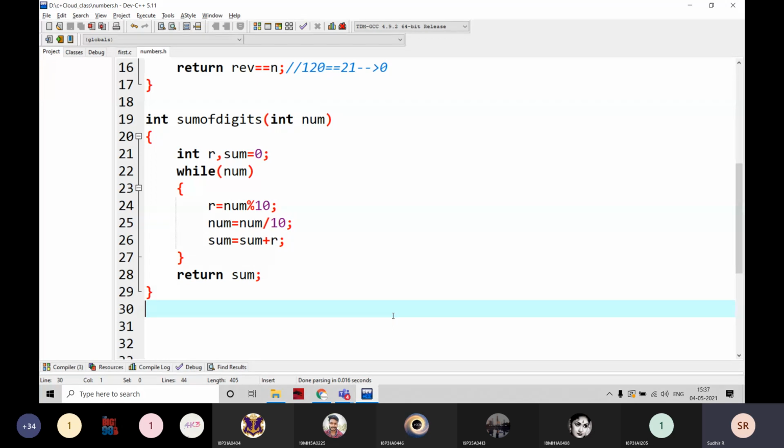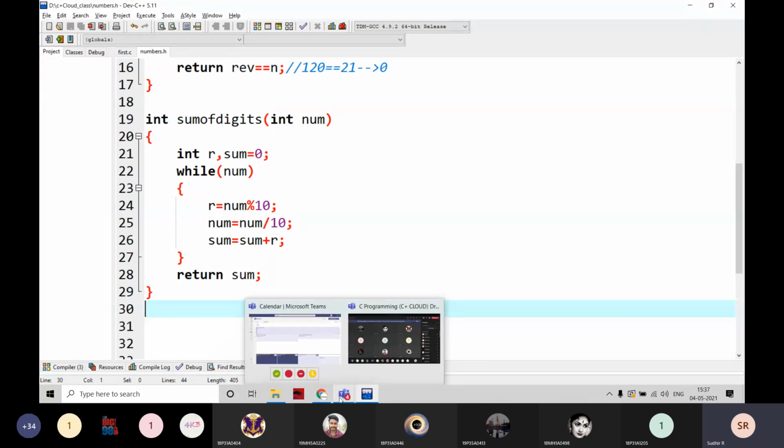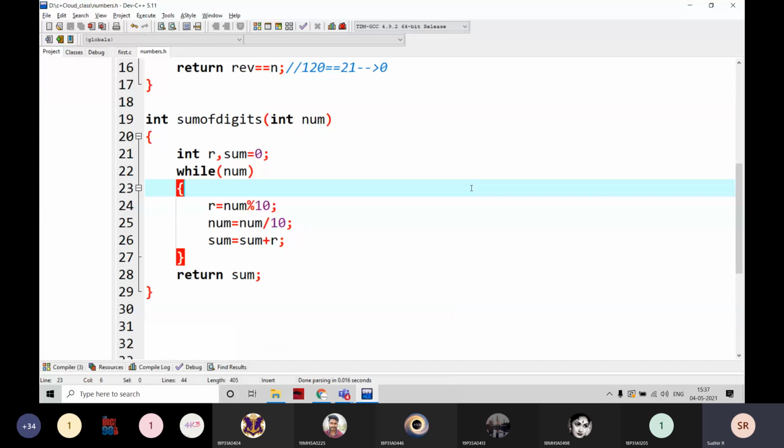Personally, I never save any program on my system. Every time I delete everything. My mind has to be free every time, and I don't think about tomorrow's program or what the last program was. Don't get fixed on the last program every time. For example, when I'm teaching the while loop and I give a question, your mind is going to fix on only the while loop. That is the mistake here. That question is not necessarily for the while loop.